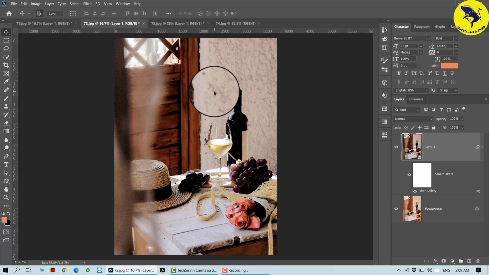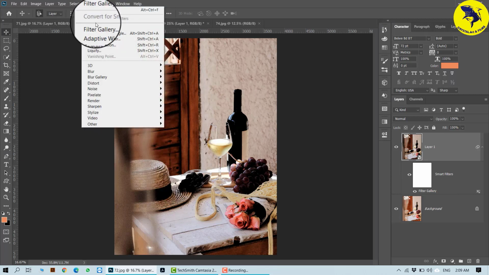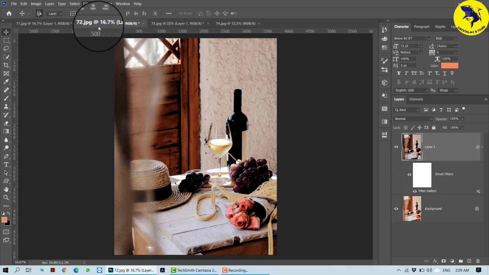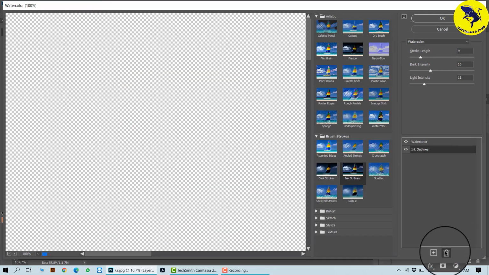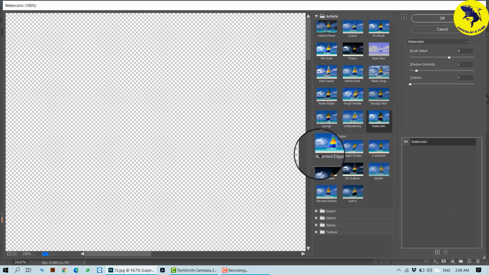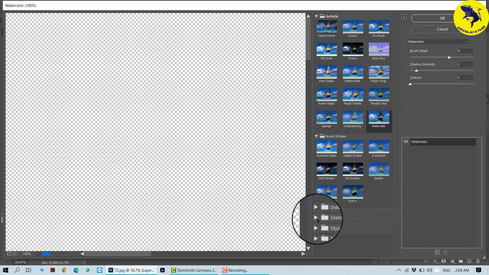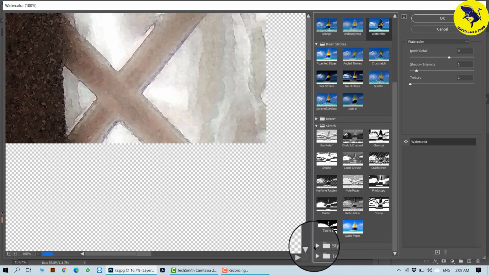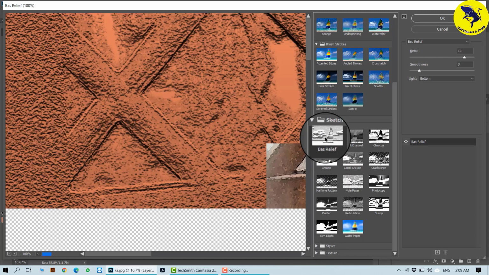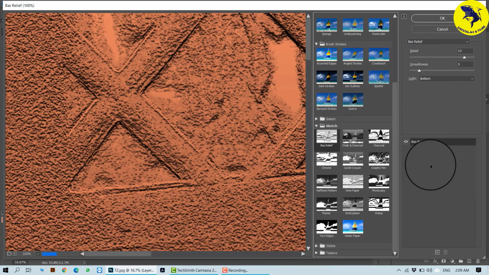So I've just applied one of my smart filters here, and I'll go back to my filters and again go back to Filter Gallery, and this time it's already there, this Inktober. Just take that out and I'll apply the sketch. I'll go to Sketch and I'm thinking to apply the Bas Relief kind of effect. Yeah, this one. And I'll say okay.